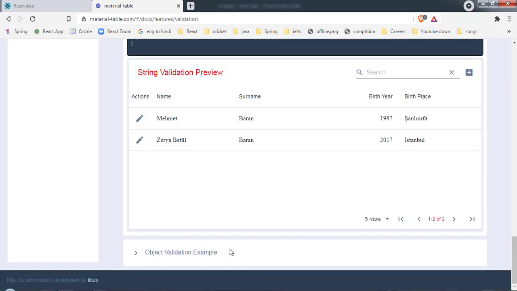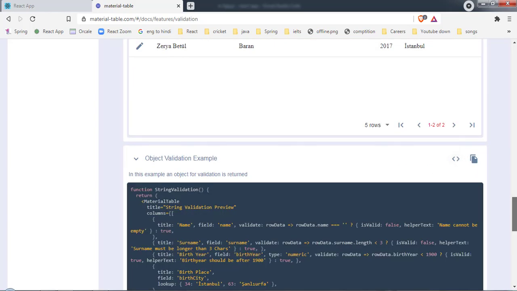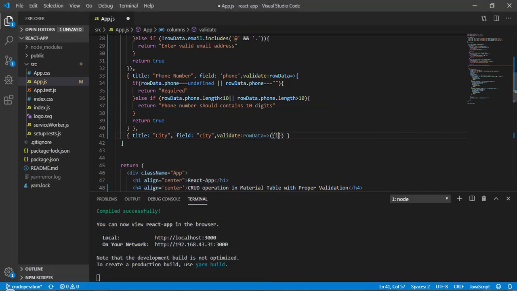Let me come to the object validation, where you might have noticed isValid and helperText. Here we can write isValid, and this takes a boolean value. Let's provide this value as true, that means it is valid, and here we have to provide helper text. In that, let's mention optional.